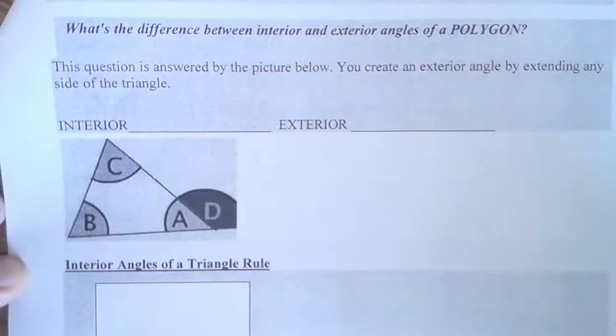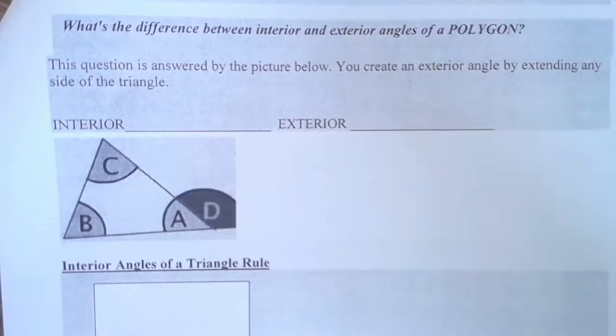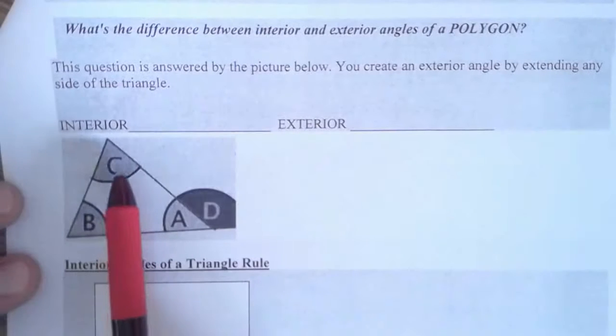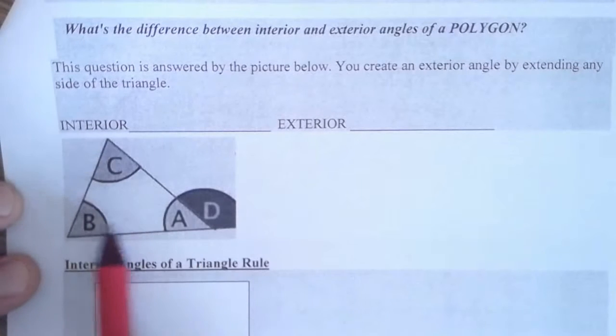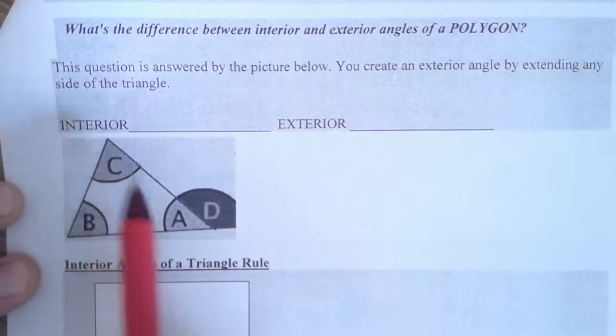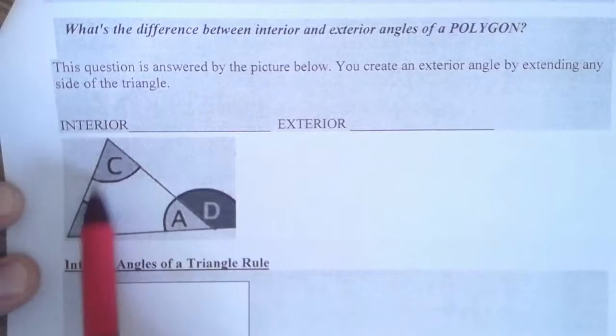Okay, guys and girls, we are on page 7 in your Geometry Part 2 packet. We need to talk about a couple of terms that are going to be coming up in the next few minutes. One is the word interior. So if you look at this triangle, angles A, B, and C, they are on the inside, or the interior,